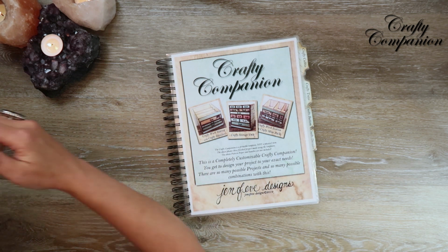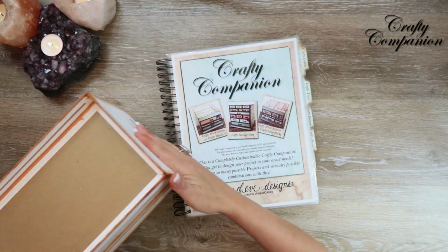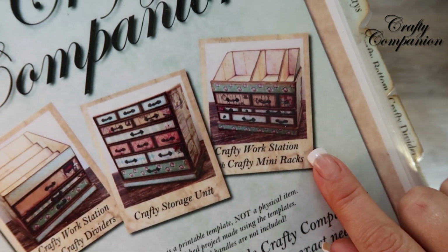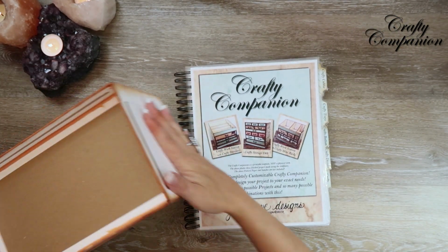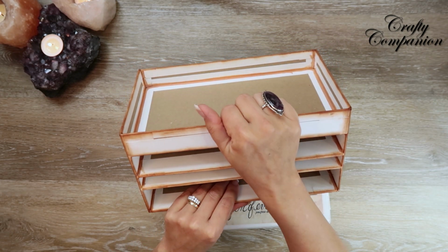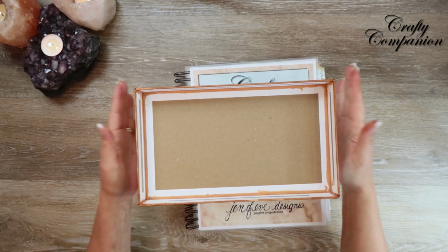We are currently working on this Crafty Companion Crafty Workstation. This one is going to be the Crafty Workstation with the Crafty Mini Racks on top. So it's going to be structured like this. And this is where we've gotten so far. So we've made the crafty cubbies, we've made the crafty top tray, and we've wrapped the whole thing together and